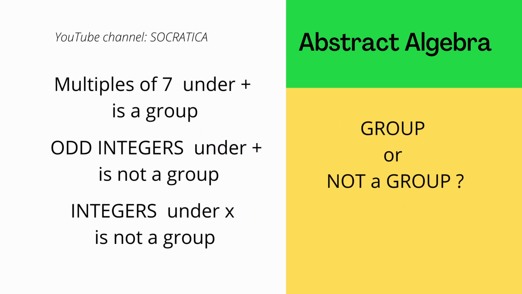Now, are multiples of 7 under the operation addition a group? Yes. Are odd integers under the operation addition? No, they are not a group. And the integers under the operation multiplication are also not a group. So you can test, if you look at a particular set of elements, whether they form a group or